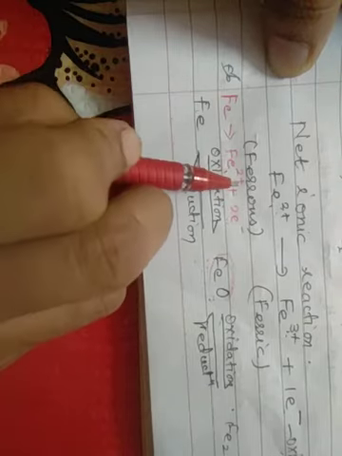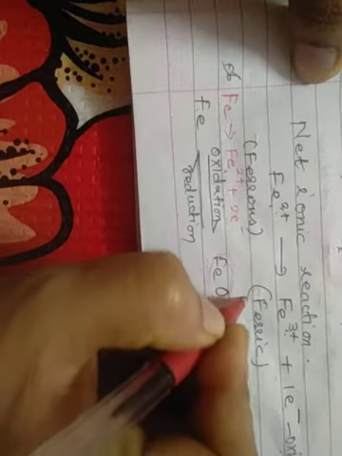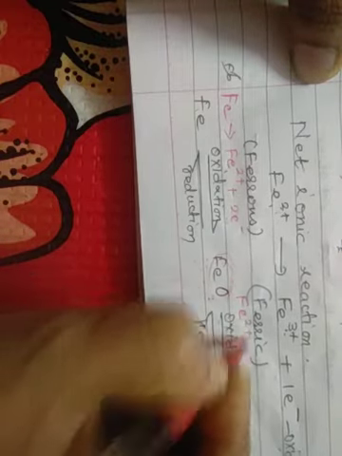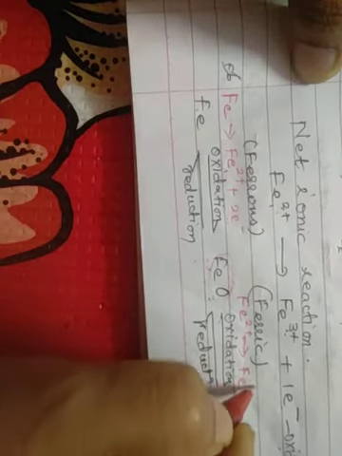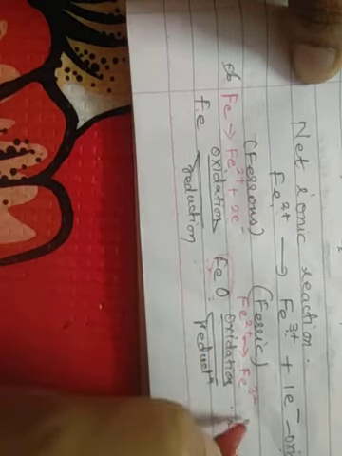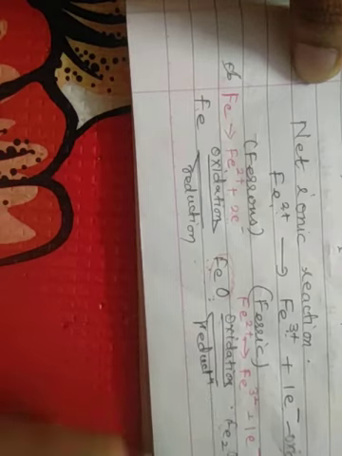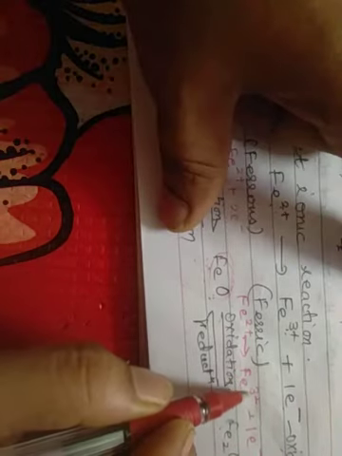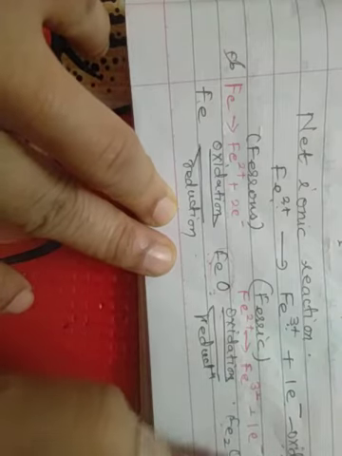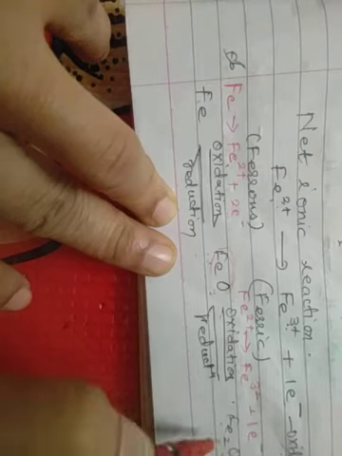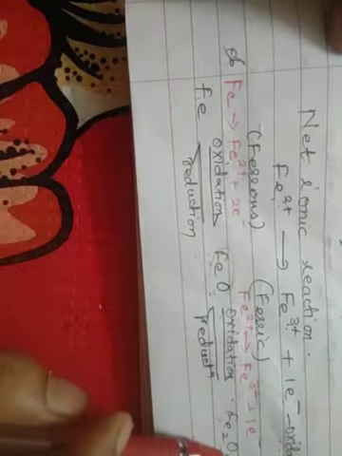From ferrous atom, ferrous ion is formed. Fine. Again it undergoes further oxidation. Now here Fe2+ is there. Now it again loses one more electron and forms Fe3+ by loss of one electron, and so it forms Fe2O3, because now the valency becomes 3 and oxygen is already 2. So it is 3 and 2, so oxygen becomes 3 and ferrous becomes 2 here. So this is how the oxidation takes place.